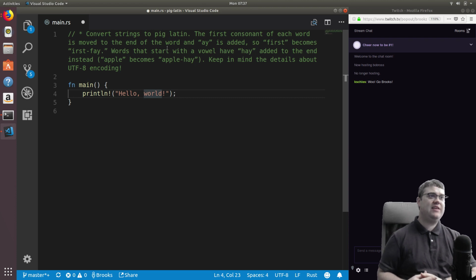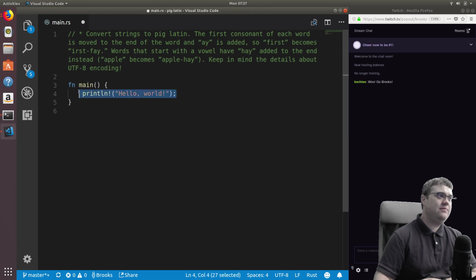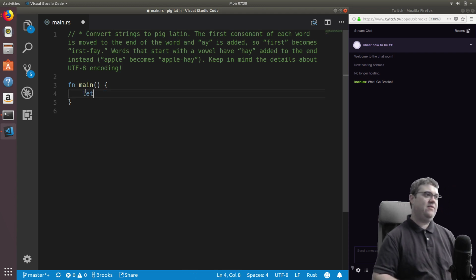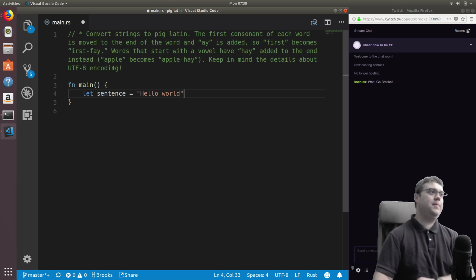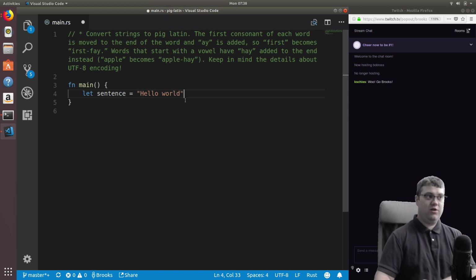So convert strings to Pig Latin, the first consonant of each word. So that sounds like, let's say we have a let sentence equal to essentially hello world. So if I have something like this, I want to loop through each of the words. So I'm going to want to split it, and then I can iterate through that. And then for hello,